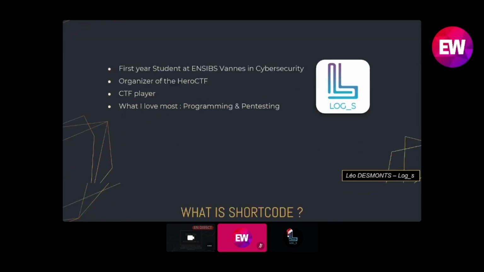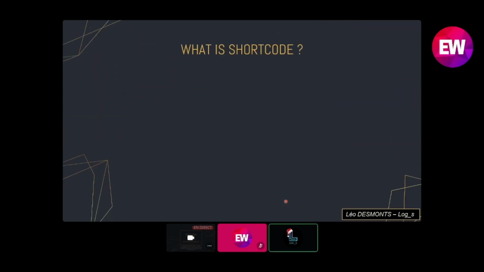So first, what is shortcode? It's a programming discipline where the goal is to create the shortest payload possible. It actually hasn't really any real life application.